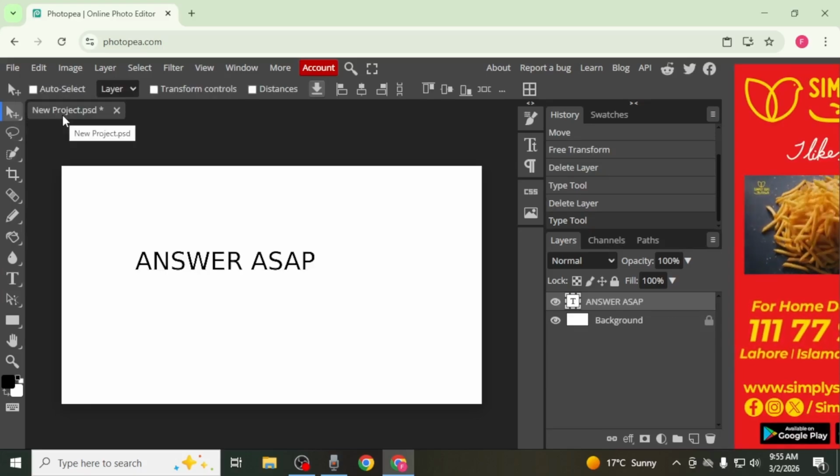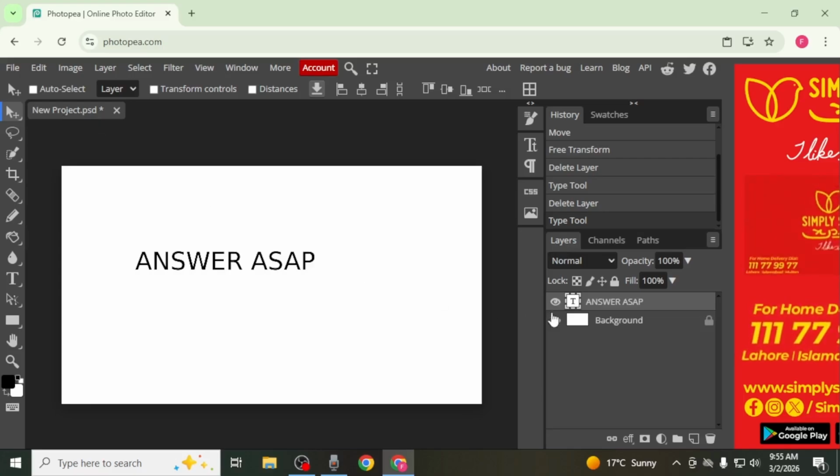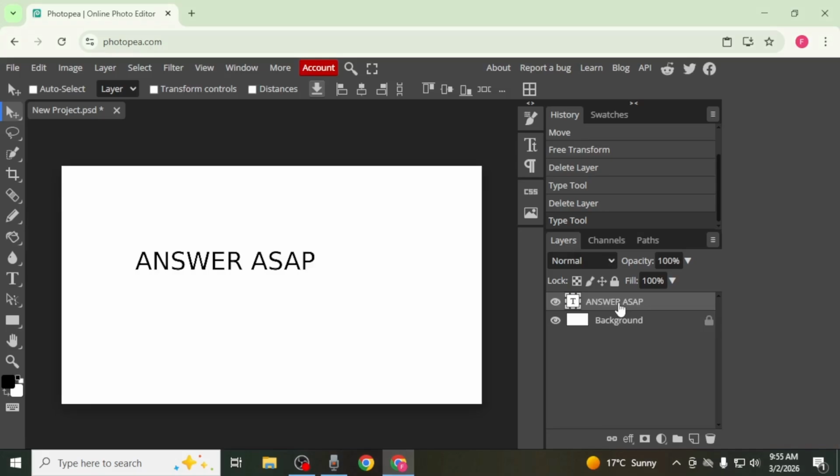select it. After selecting the Move tool, make sure your text layer is highlighted in the Layers panel on the right side of your screen. With the correct layer selected, you can now click on your text on the canvas and drag it to any